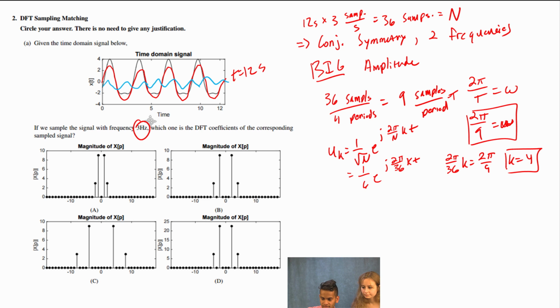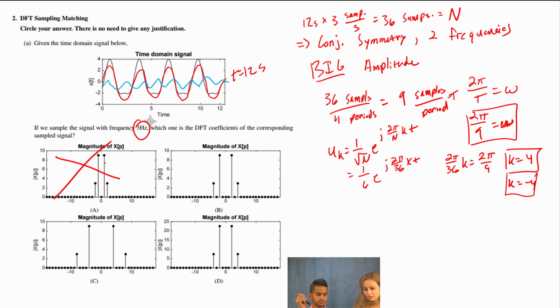And minus 4, yeah. So k equals 4 and k equals minus 4. Okay, so we have k equals 4 and k equals minus 4. So this guy doesn't even have a k equals 4 or minus 4 coefficient. Sad. Okay, all right, so we have those, and the next thing we want to do is match